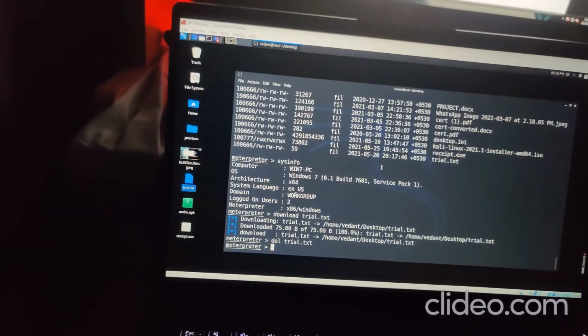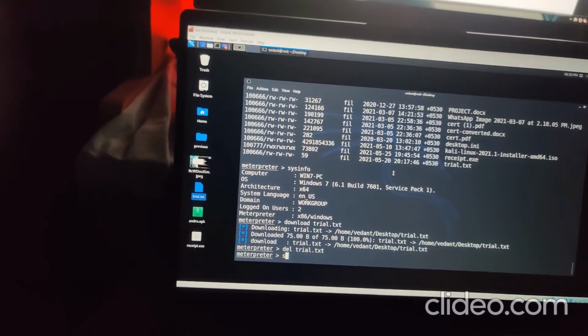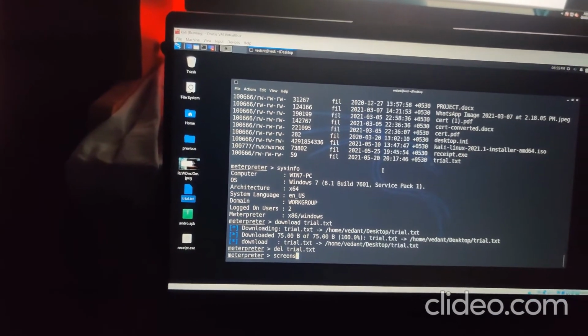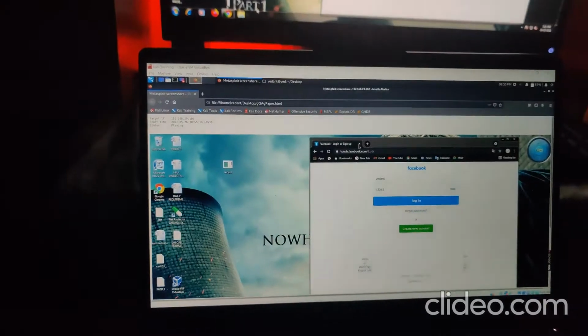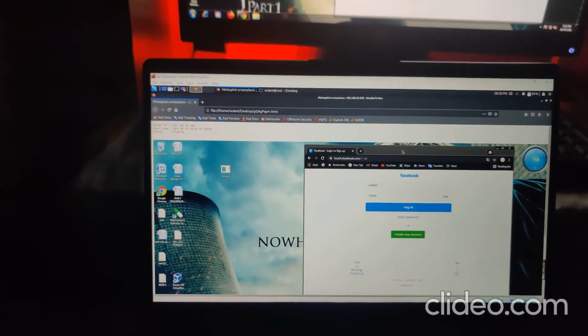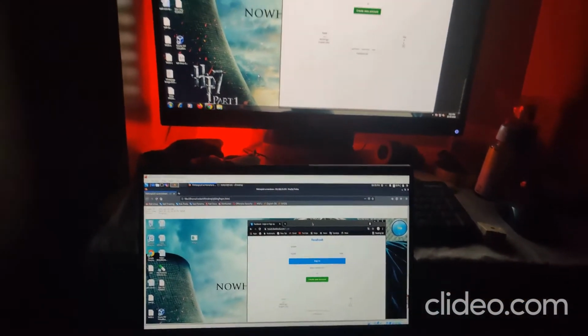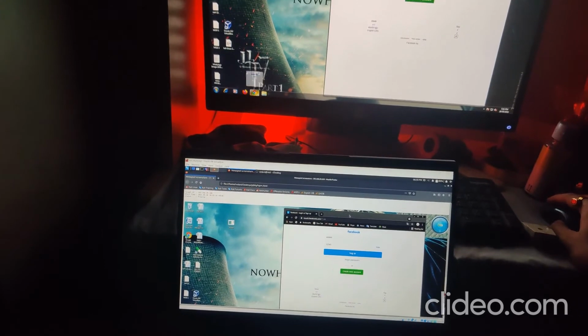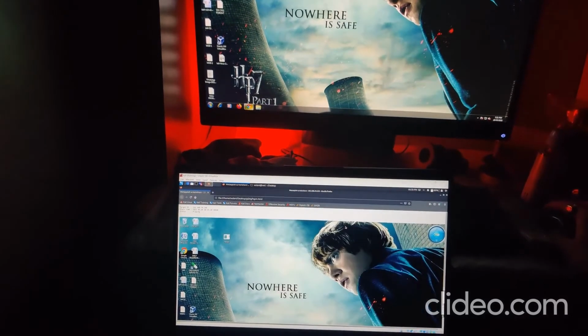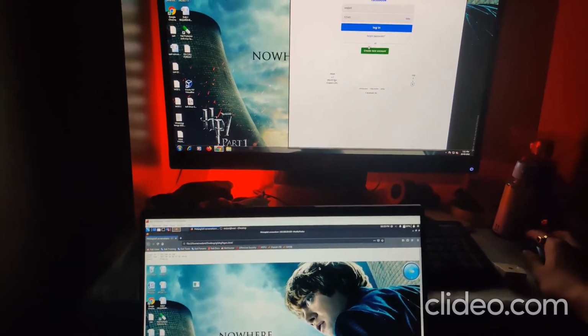And the most amazing thing is we can do a live screen share and see what the user is currently doing. Let's see. I'm going to open Chrome once again.